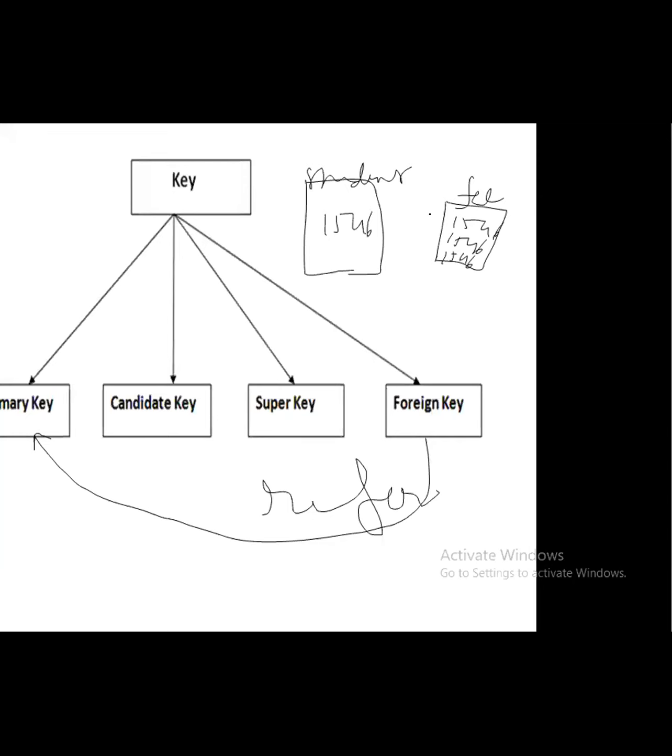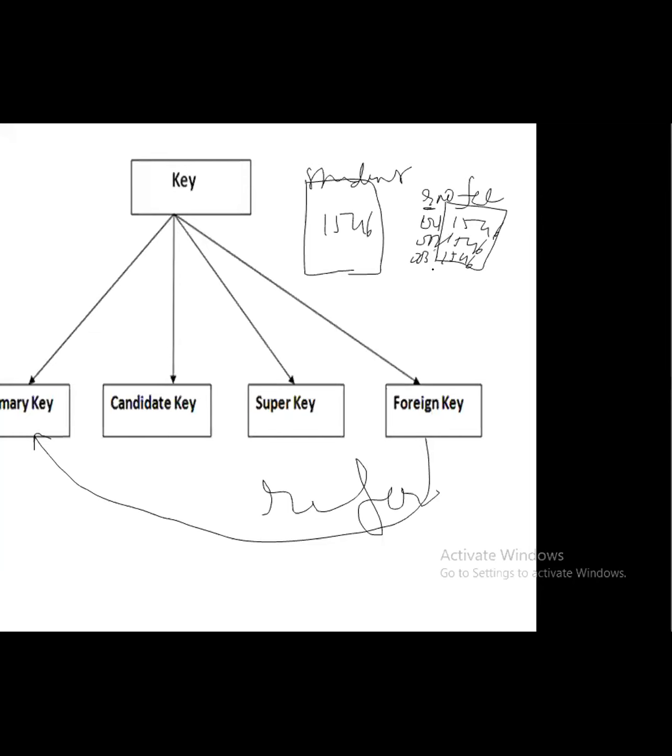But here this is repeating. So what I'll do, I'll put the receipt number. I'll have another column, receipt. So receipt number 0001, receipt number 002, receipt number 003. That means this is the receipt. So the receipt number is different, but the candidate is the same.